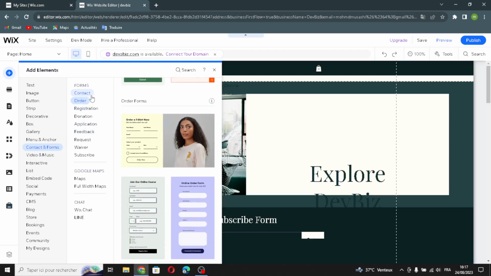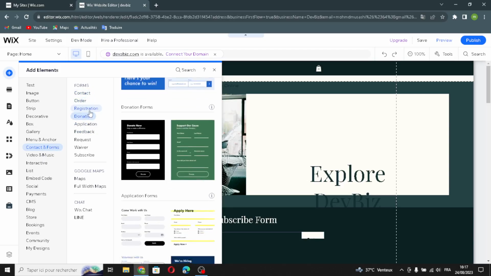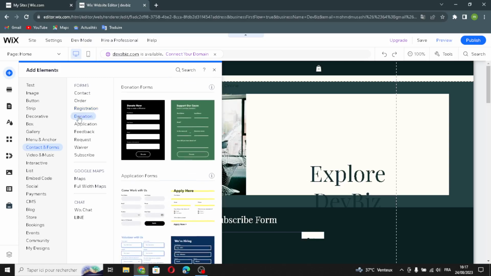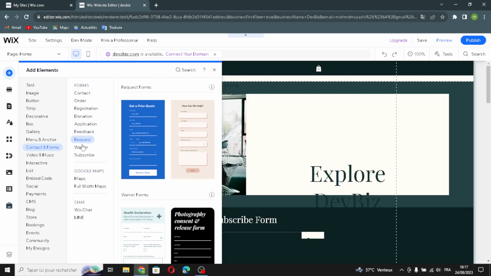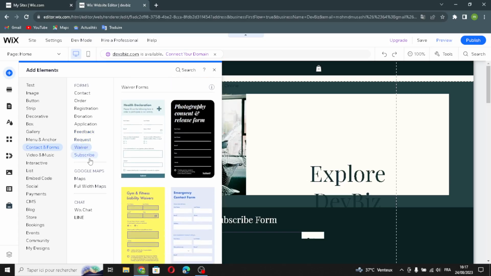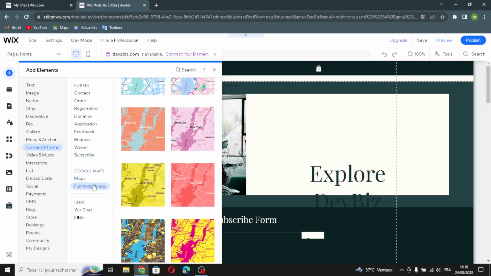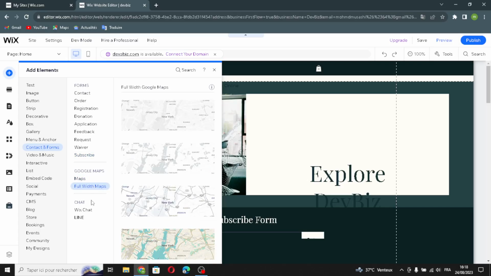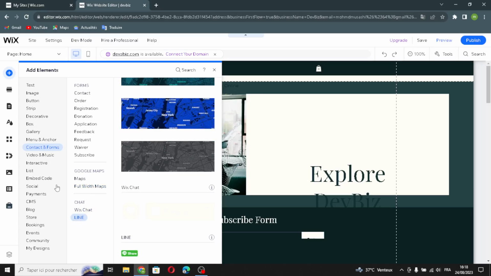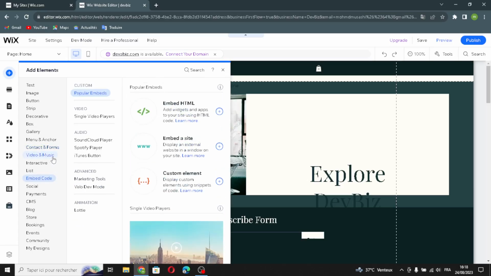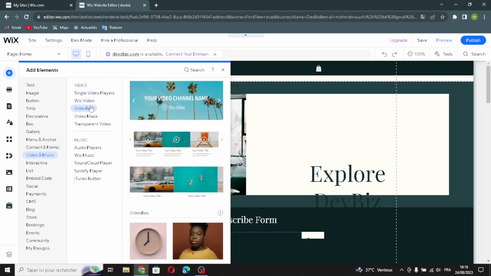If you want to edit the contact forms, the order forms, the registration forms, donation forms, the application forms, the feedback forms, the request forms, the waiver forms, and the subscribe forms. And here the Google Maps, the full width maps, the chat also here, the Wix chat, and here the line. So let's move on to the music, video and music, Wix video, video box,